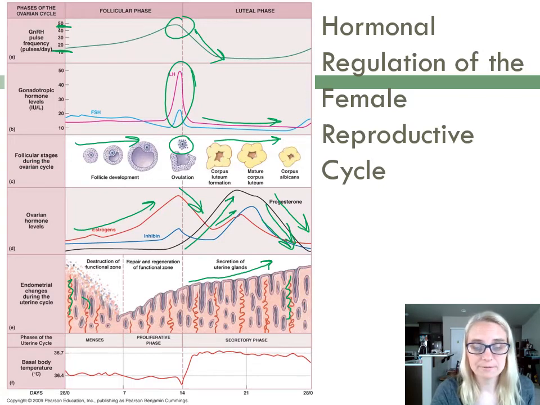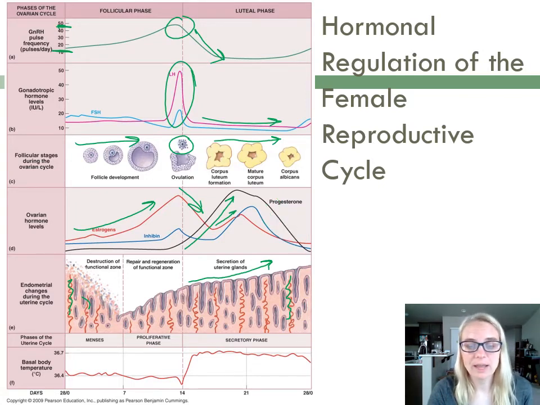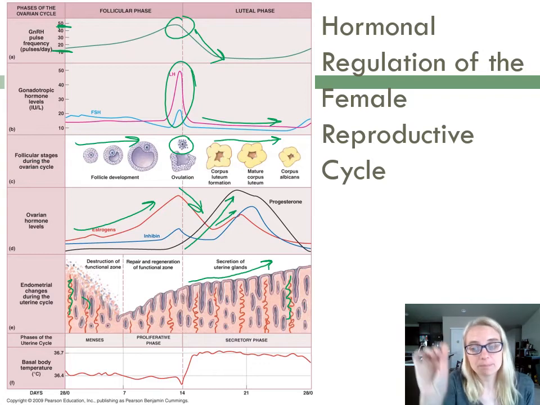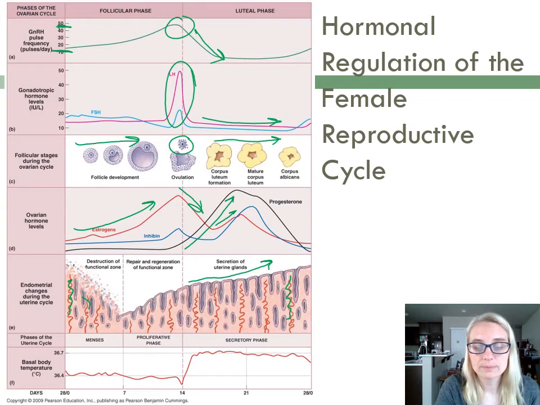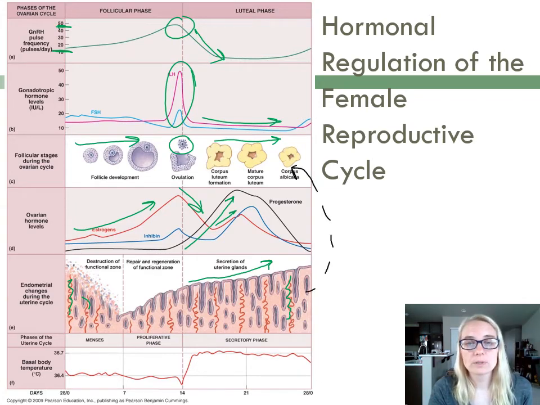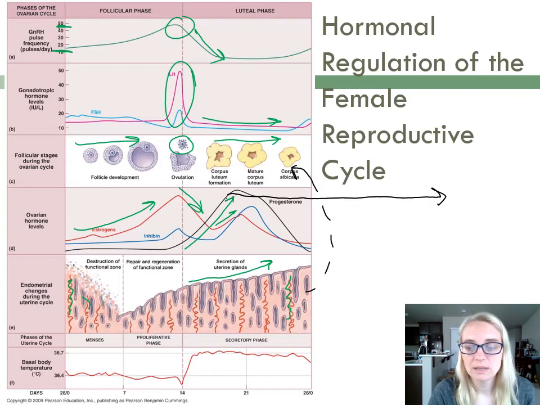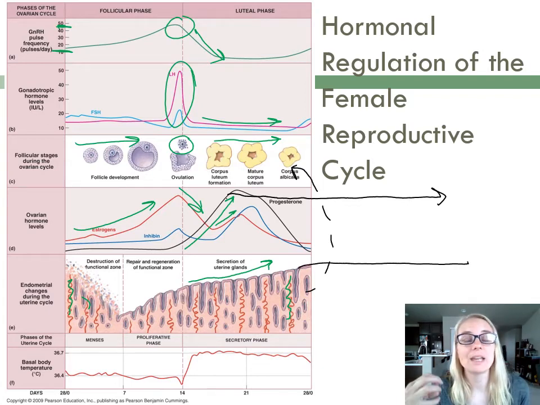Now, if implantation took place, if there was a fertilized egg and it landed and it implanted, what that does is it itself sends some messages. I don't know what it is, but there's some chemical messages that go up. It'll go up and tell the corpus luteum to stay corpus luteum. And so what will happen is the progesterone levels stay steady state, the endometrium stays full, implantation happens, and that's